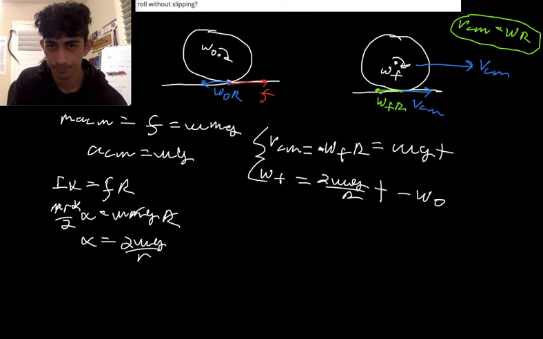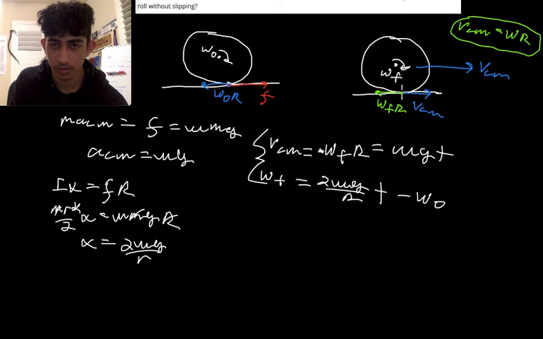Because as we said, this point has to be stationary, right? So the velocity of the center of mass is going this way, and omega fr is going the other way. So when we write omega fr, we're talking about the magnitude of this angular velocity. So it's going to be, since this angular velocity is going to be going this way, we want the velocity of the center of mass to be opposite. Sorry, this tangential velocity, right? Because omega fr is this tangential velocity. And we want the velocity of the center of mass to be opposite that,